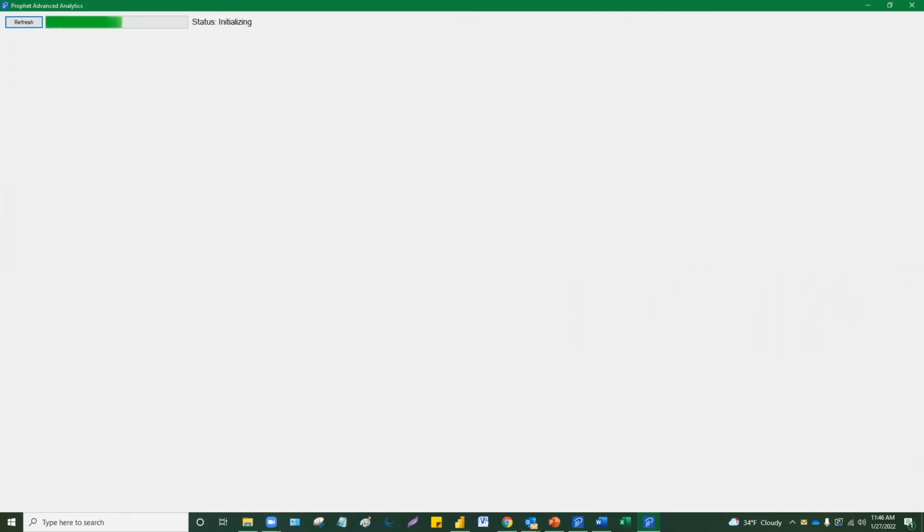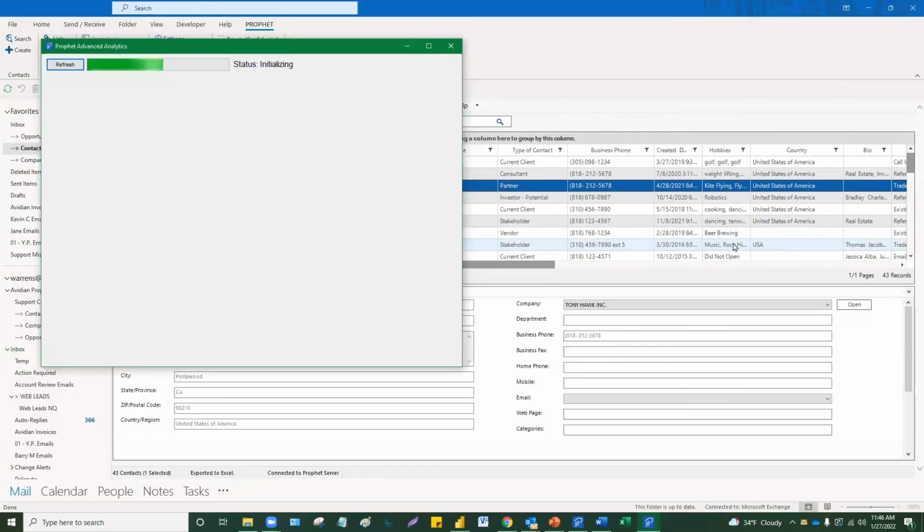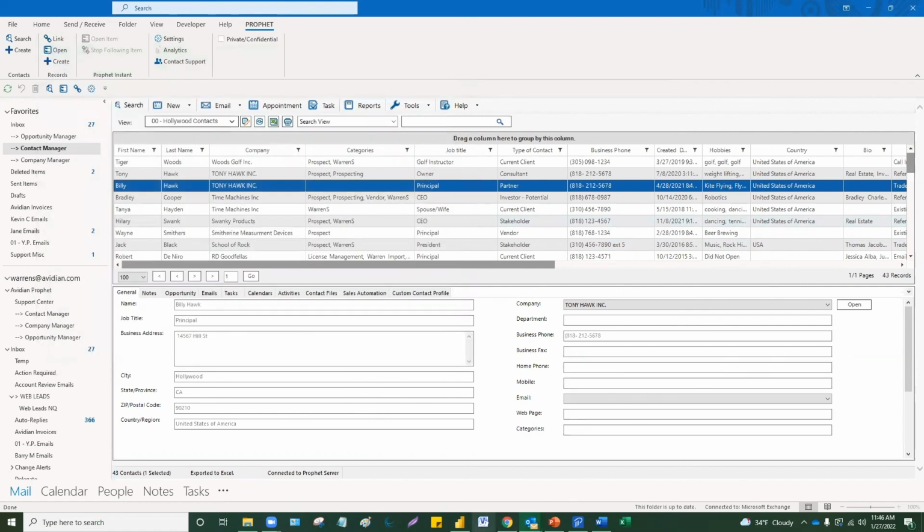Essentially, what this is doing is it's querying the Profit CRM database through the cloud, and it's creating a report of types. In this case, it's called a dashboard. I haven't loaded this for a while, so that'll take just a second here. But what that's doing, in this case, it's going to show me 3 things. It's going to show me the opportunities, in other words, the sales pipeline. It's going to show me the